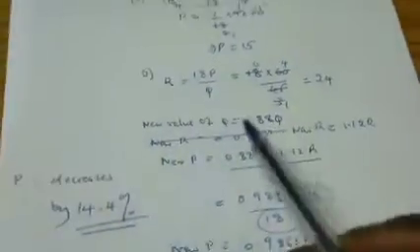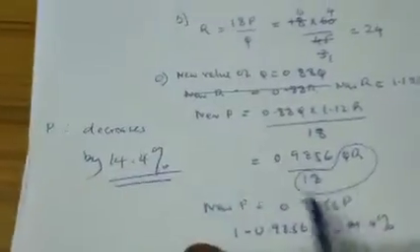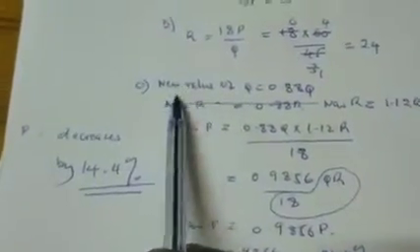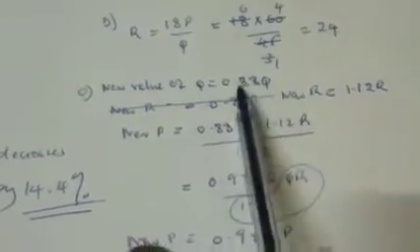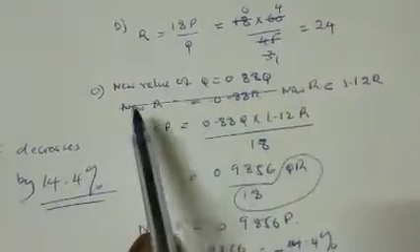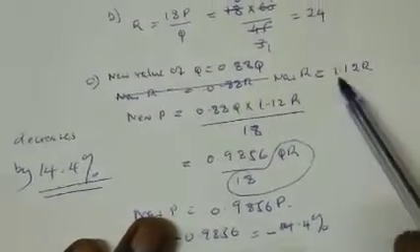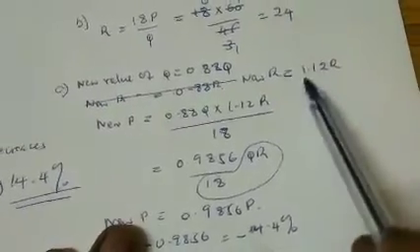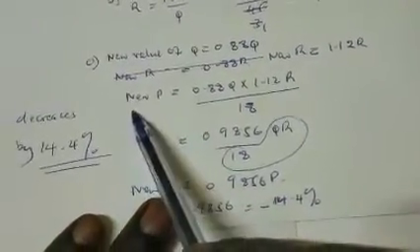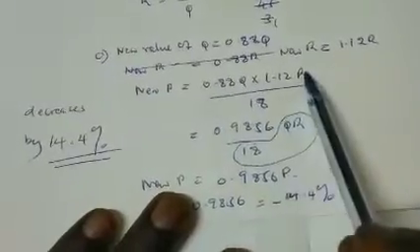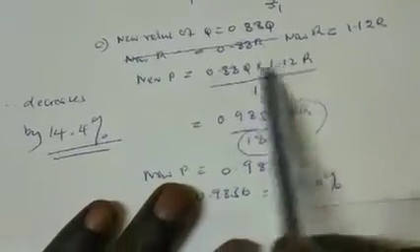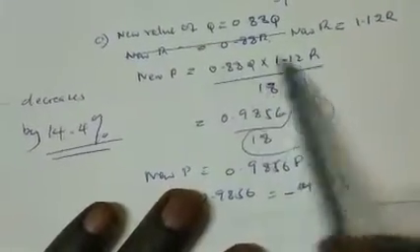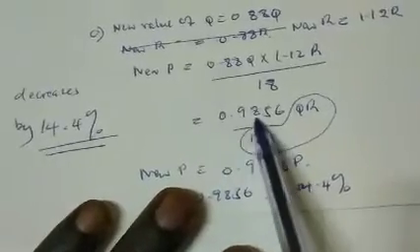So in this case, if we can go over it again in solving part C. First we get the new value of Q, which is 1 minus 0.12, and that is 0.88 Q. The new value of R, when it is increased, is 1.12 of the old R. That's the increment. And therefore, the new P will be the new Q times the new R over the constant of proportionality, which is 18. So you only multiply these variables, and we get 0.9856